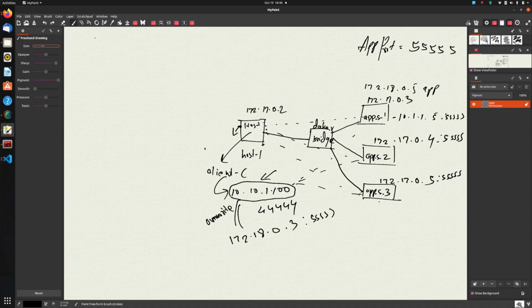Under iptables, and again, this won't be a detailed video on iptables because that would need a couple of videos in itself. iptables is so vast, so comprehensive, so many things can be done with it. So I would only focus on the things that we would need in this video, right? Two of the core things, actually three of the core things that iptables provides you with, is chains.